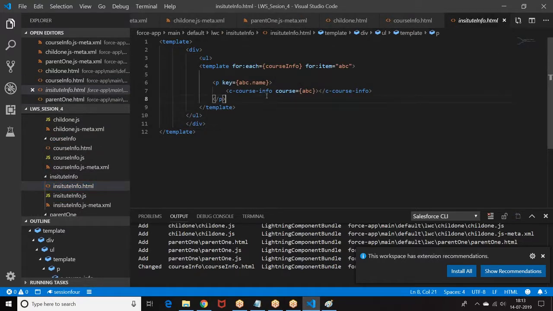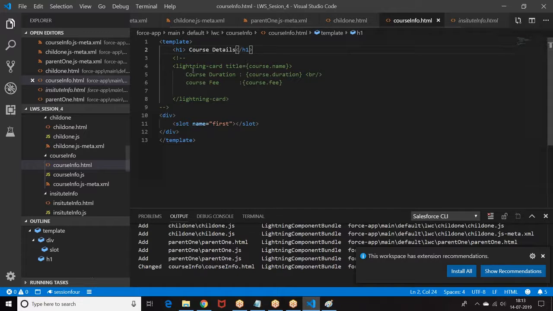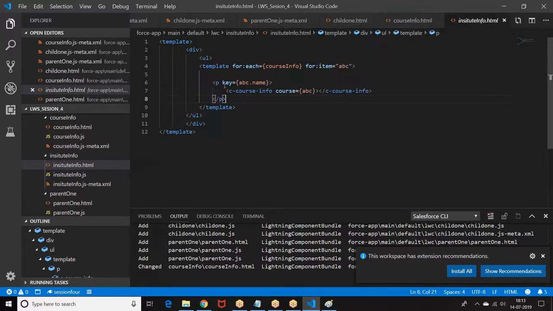Here, whatever data you want to print, take this data. Go to the institute. Slot equal to, right. So instead of this,